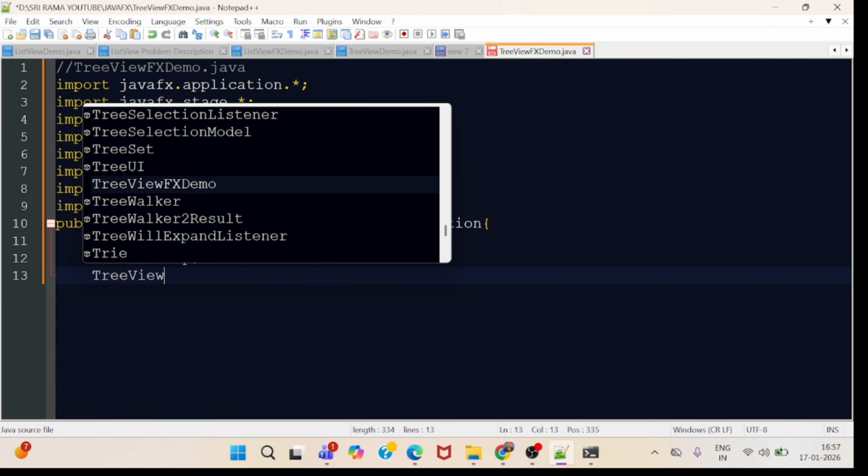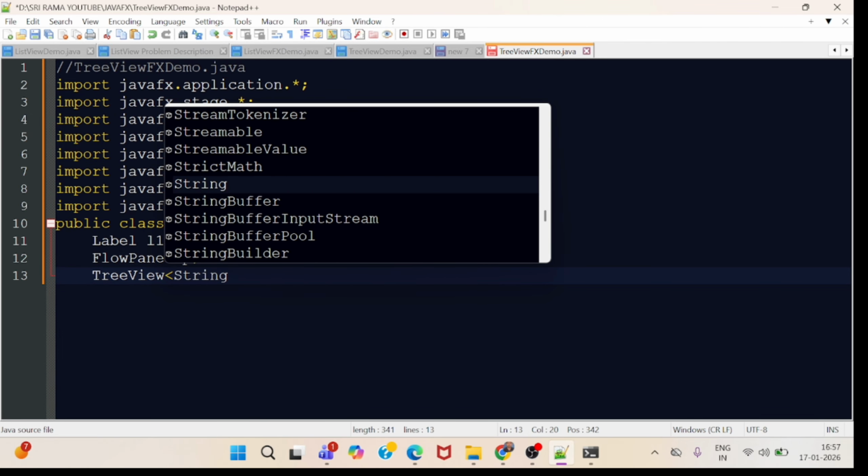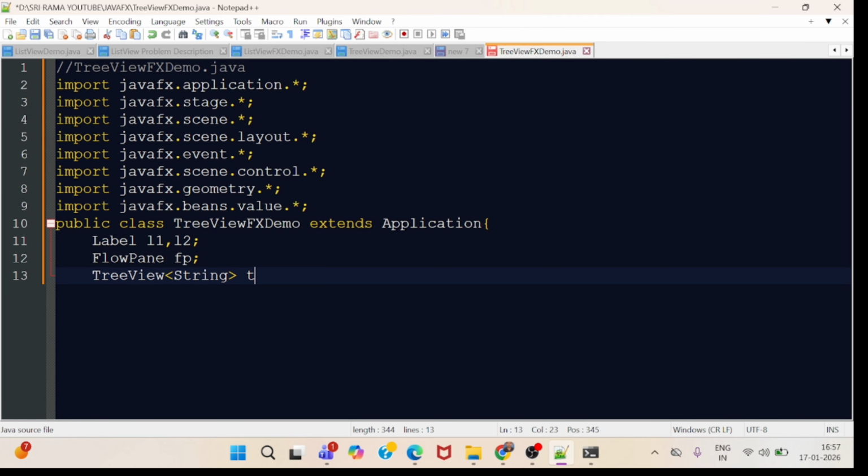Define the tree view, take TreeView as CView. Then define the tree items,